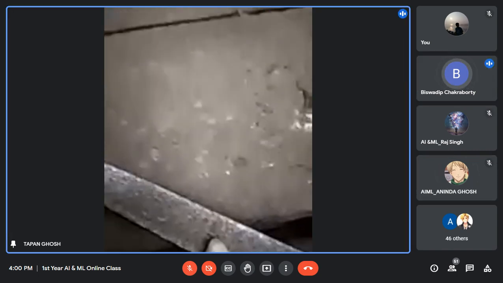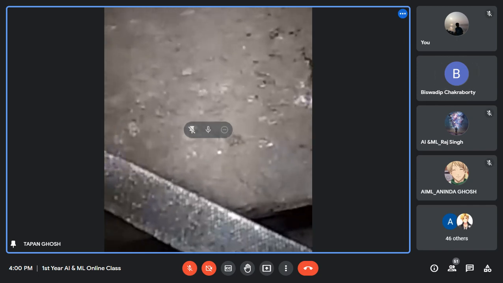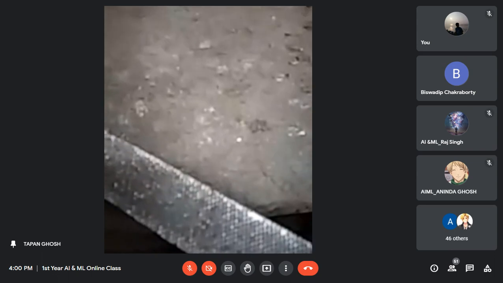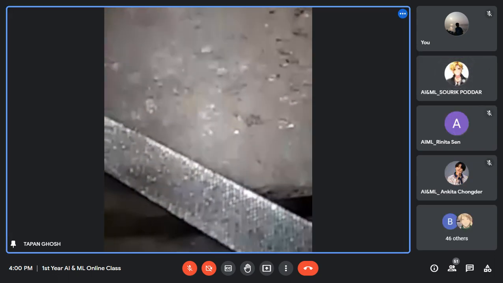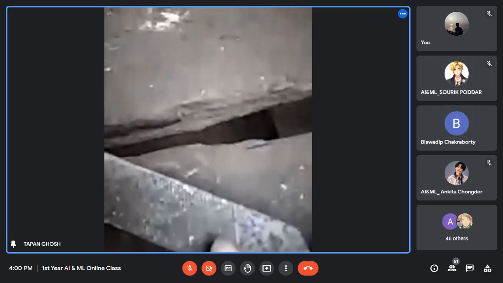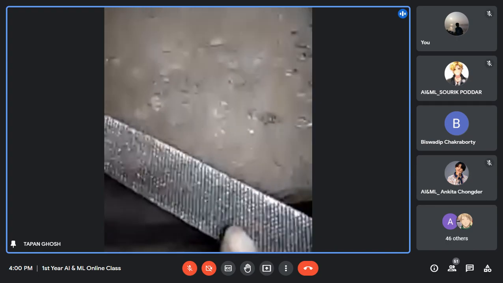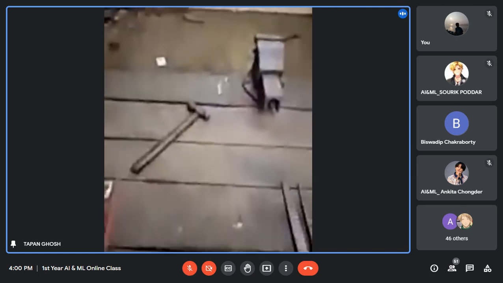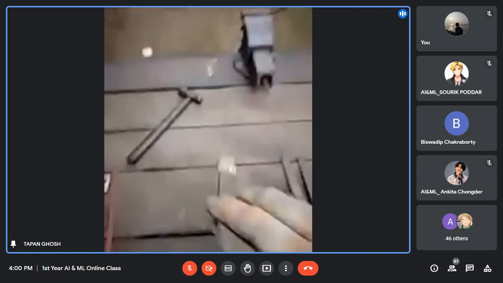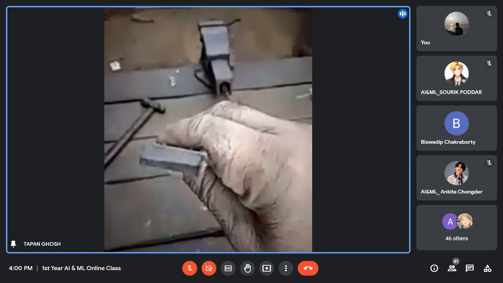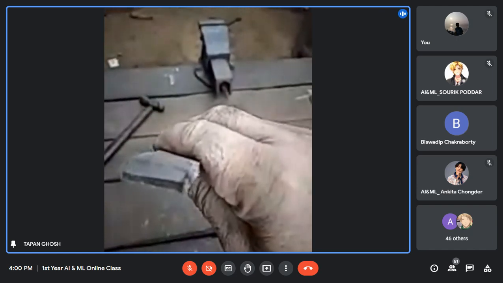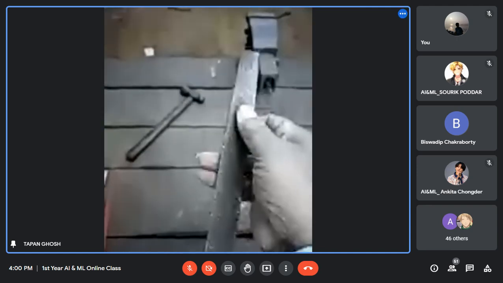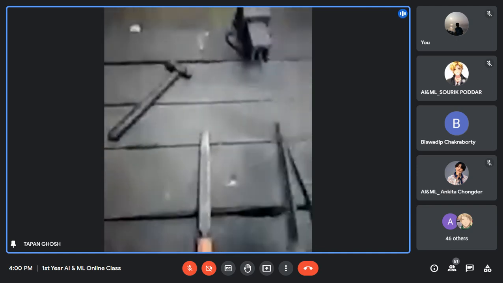And then you come here, you see this face is all cross cut. You see that, double cut. So this side is single cut and this side is double cut. So this is called rough file and this is flat file. You see that the cross section of this file is rectangular. So this is a flat file, both sides flat. That's called flat file.